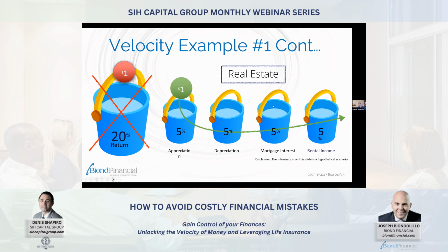So through real estate, you're earning small rates of return multiple times, and it's a great example of the velocity of money and how to earn multiple uses of a dollar. When our clients begin to understand that money is designed to work in motion, not linearly, the way we're told to have it work,